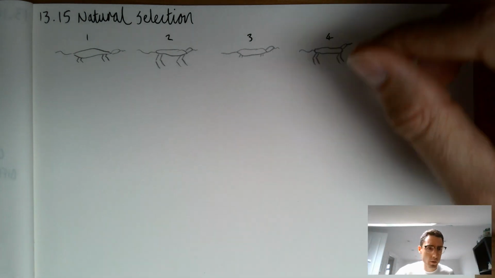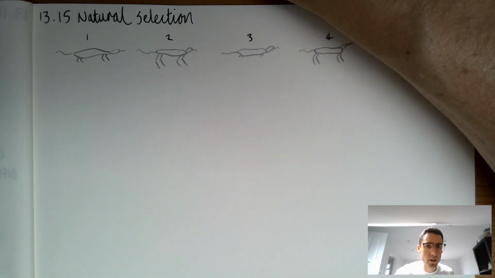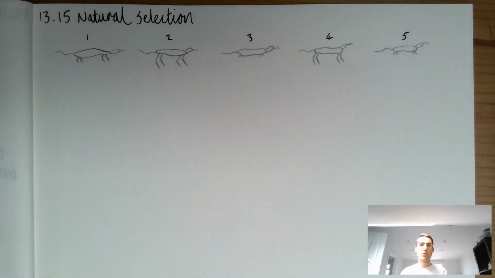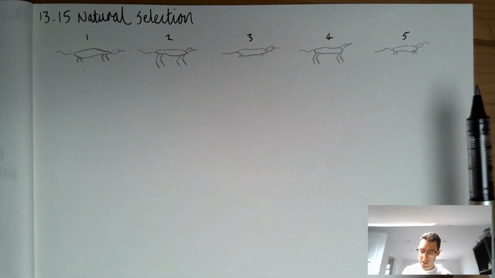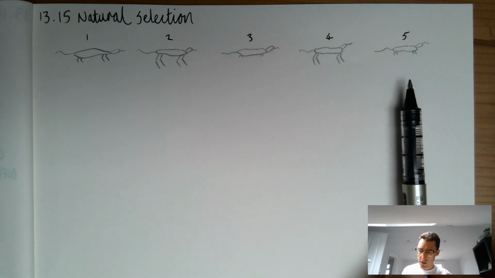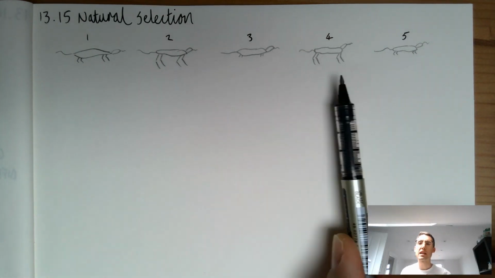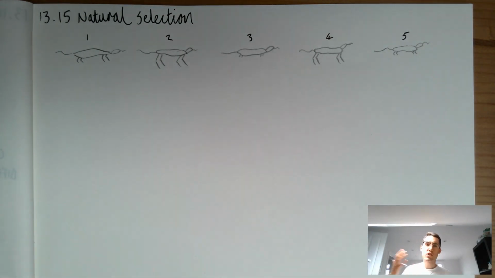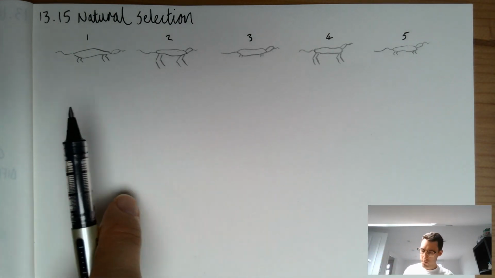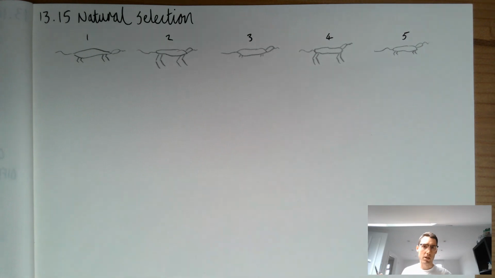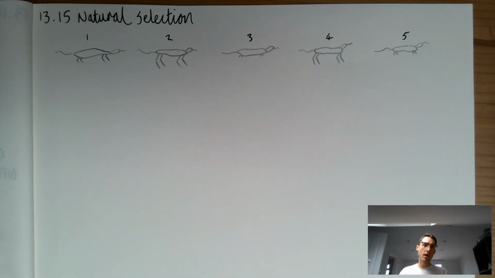Let's have a look. What are they called? The Anolis lizard, I beg your pardon, I am not a biologist. So this is the Anolis lizard, and let's imagine in the beginning there was variation within the species of these lizards, and some had long legs like 2 and 4, some had shorter legs like 3 and 5, and let's imagine a predator comes along and starts